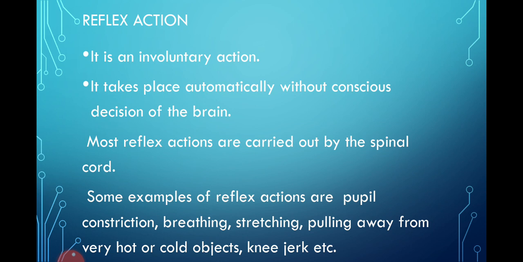So, a reflex is an involuntary action that occurs very quickly after its specific kind of stimulation. The reflex action takes place automatically without a conscious decision of the brain. Reflex actions are inherited in our nervous system through evolutionary processes. For example, the eye blinking reflex: whenever any object suddenly comes near our eyes, our eyelids blink. Reflexes serve to protect the organism from potential threats and preserve life.